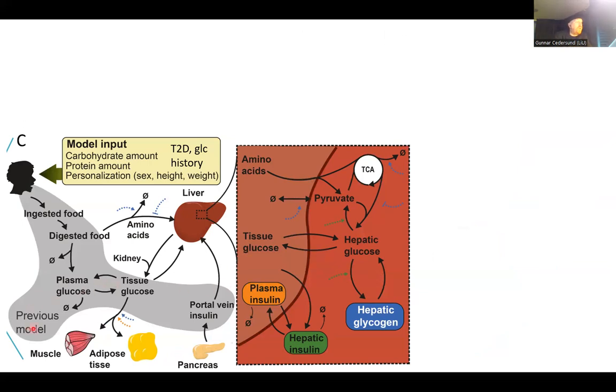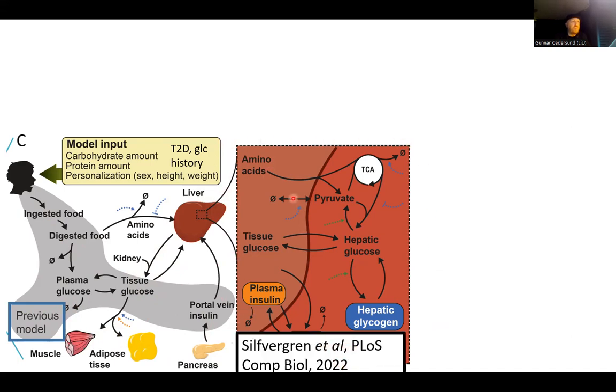But that you can do with the previous model and this Dalla Man model that I talked about before. And basically what we have learned in this course is how to subdivide such a top-level model into a modular model where we have different organs that take up different parts of the glucose or secrete insulin. So these are the input-output profiles of these different modules. And we learn how to do this in a hierarchical way, how to also describe what happens inside cells. In this particular paper that was published last year, we did this to describe how amino acids and glucose crosstalk with each other inside the liver.